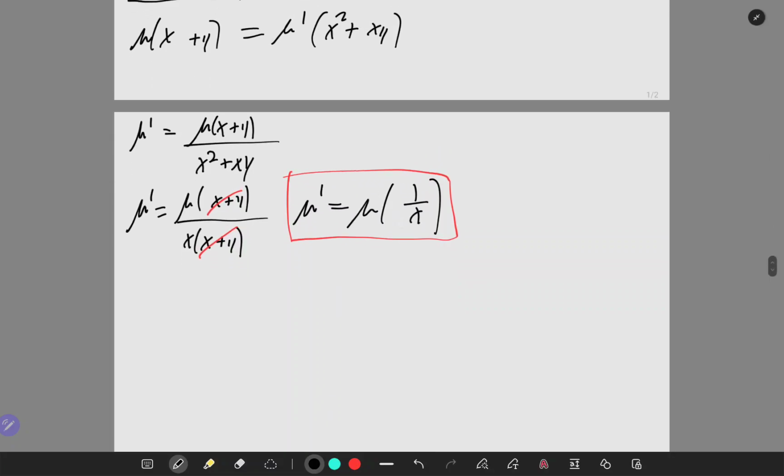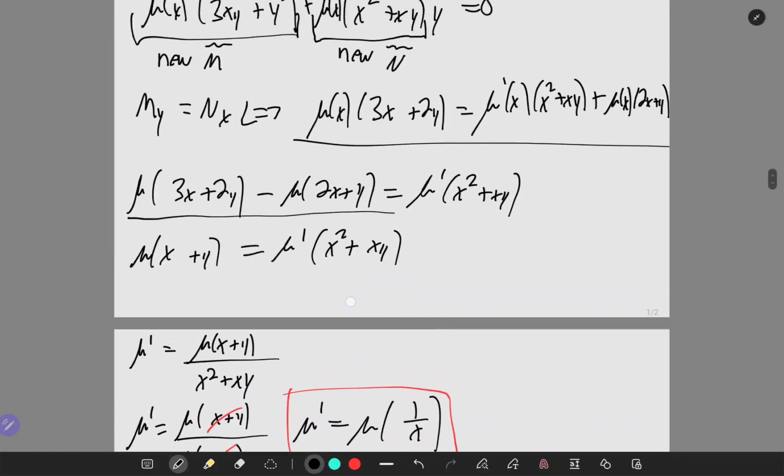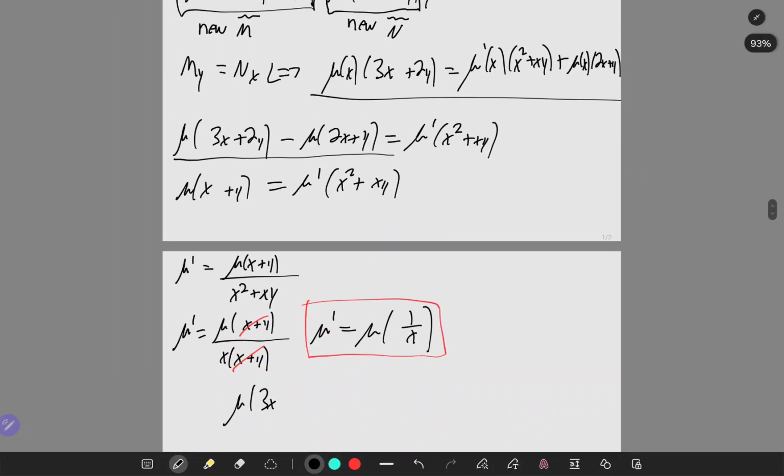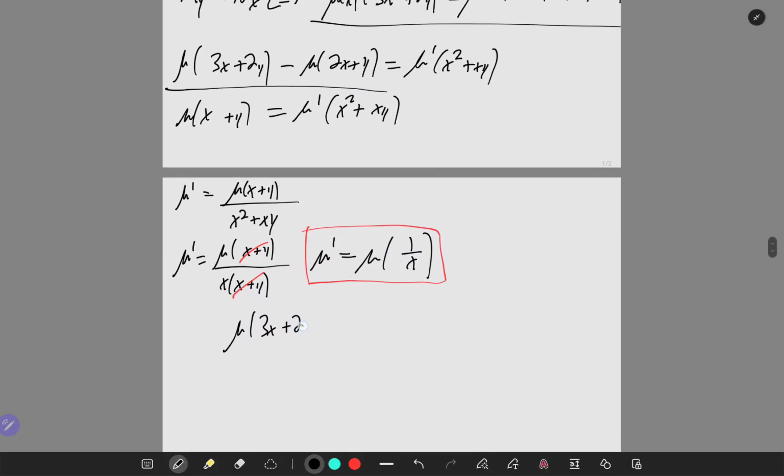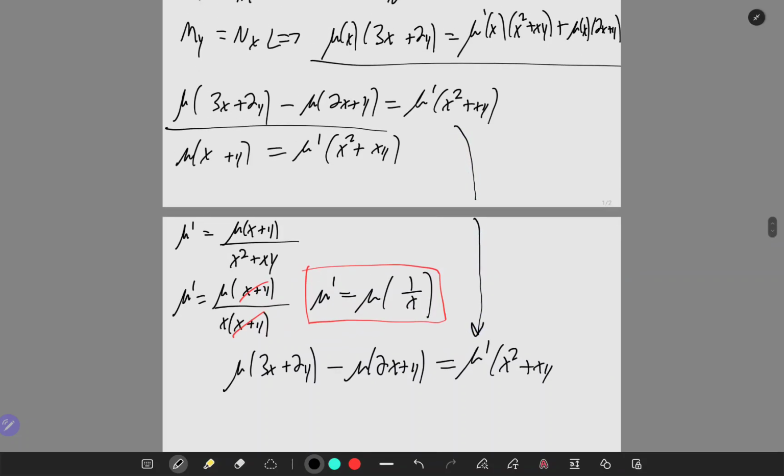But anyways, if we now go back to our original function here, so we had mu times 3x plus 2y, minus mu times 2x plus y is equal to mu prime times x squared plus xy. So I brought this whole thing back down here. And now, looking at this,